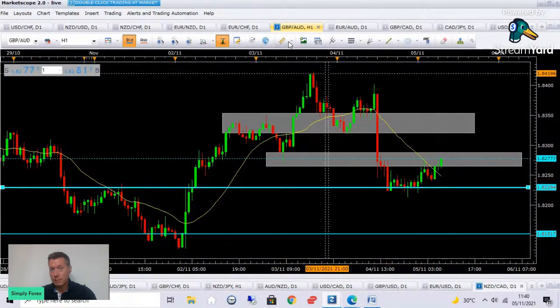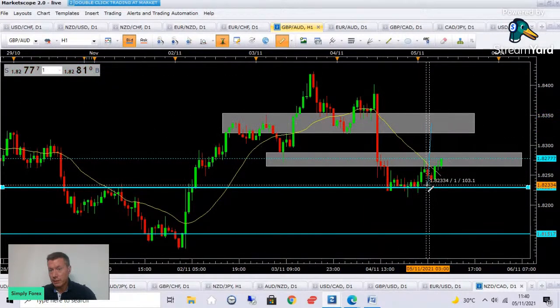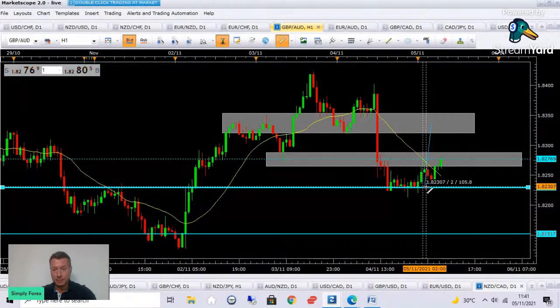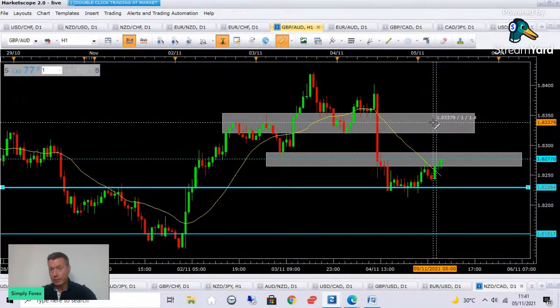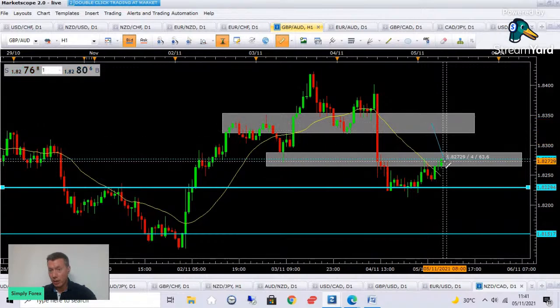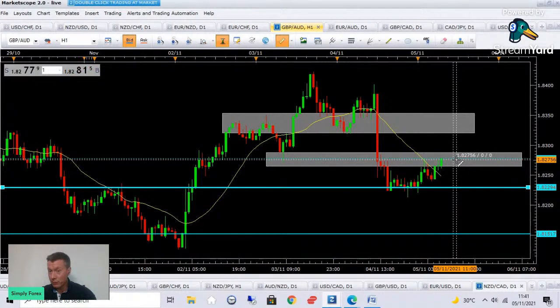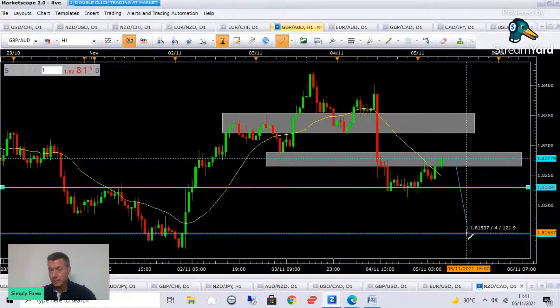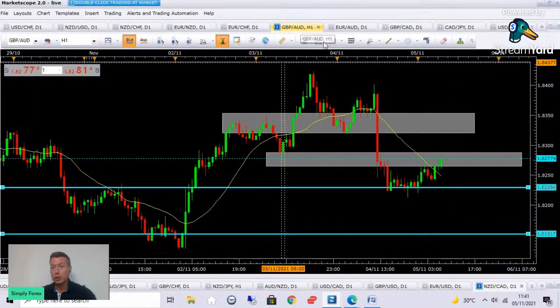Let's imagine we enter a trade here. You've still got 105 pips, because this is the pound Aussie dollar, it's volatile and it moves a lot of pips in a short space of time, sort of the opposite of the Aussie dollar New Zealand dollar, very slow. So we'll be looking for a bearish candlestick pattern here. If I get a bearish candlestick pattern in this gray zone, I will take it back down to this low. So we like the pound Aussie dollar short.